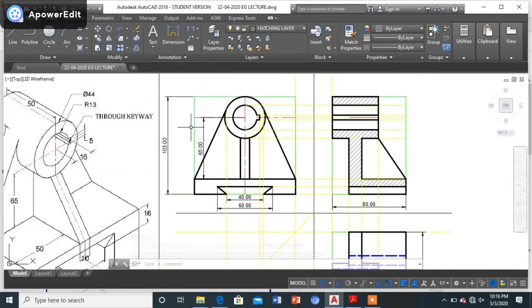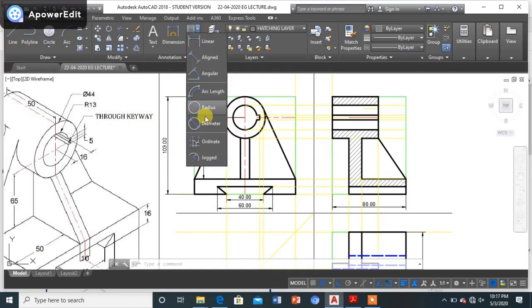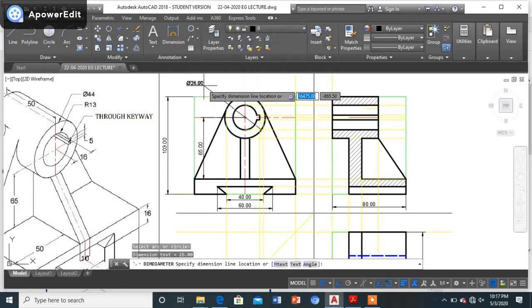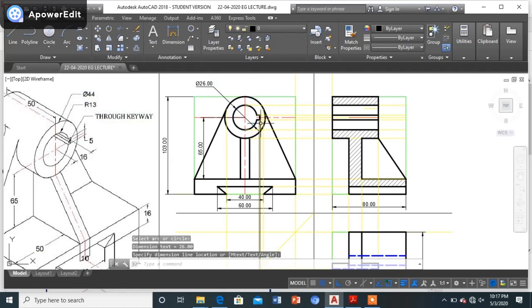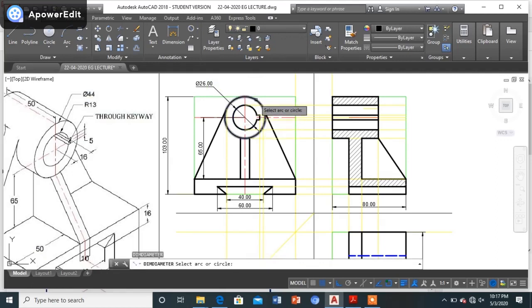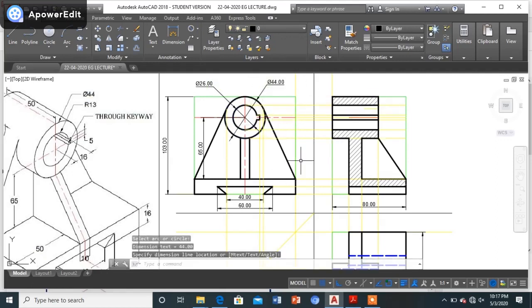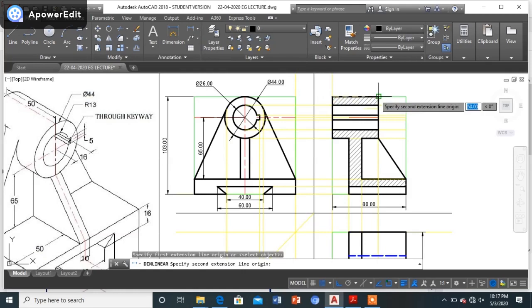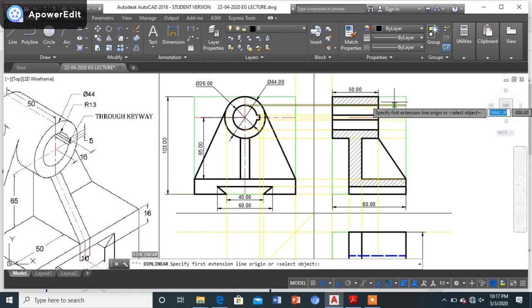So now we are just left out with the limited dimensions, so I can show those dimensions over here one by one. All the dimensions which are left out, we can just show. This was 26, this was 544. Now whatever the linear dimensions are left out, this is 50.